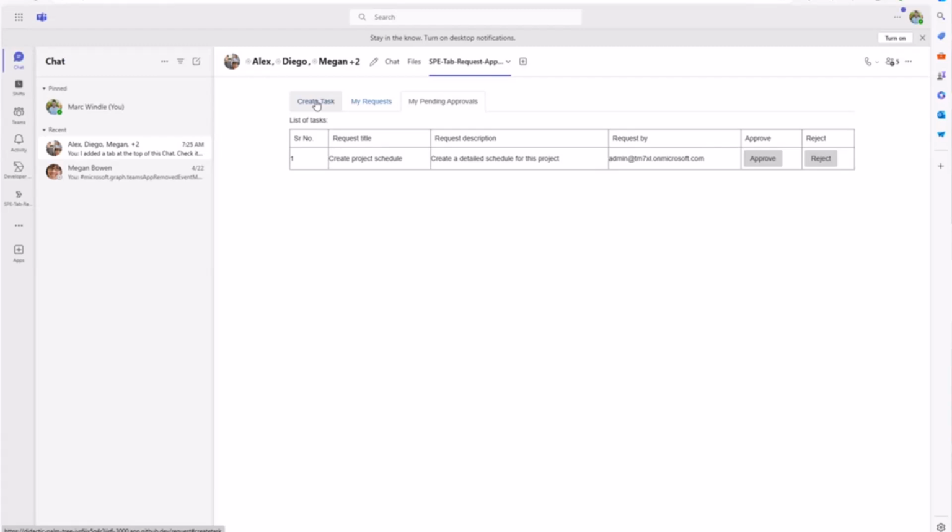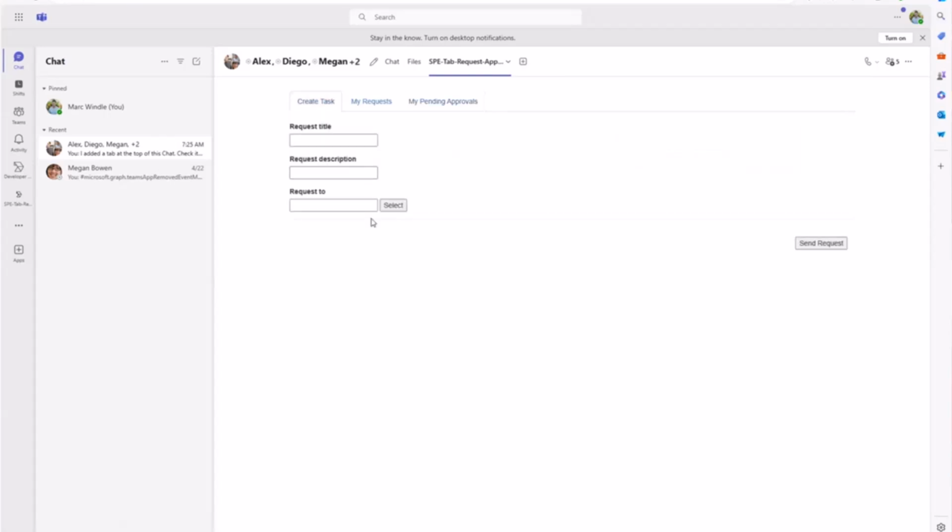The thing of note here is that these tasks are actually stored as file objects within SharePoint Embedded containers. This particular chat has this tab application installed on it, and there is an associated SharePoint Embedded container under the hood, and all of the tasks are created within that. So when you integrate SharePoint Embedded with Teams applications, it gives you a good place to store files. And so I will make a demo task here,